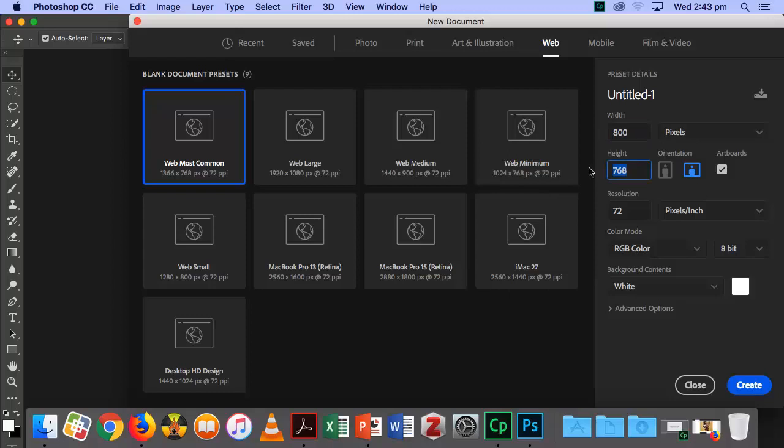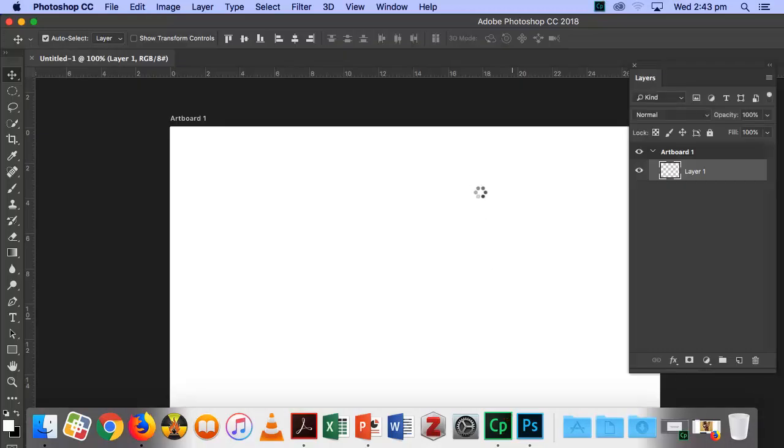And then where it says height, 600. Now this is your standard screen dimensions. 800 by 600 pixels, landscape of course, and you can see 72 dots per inch is the default, and RGB color. So once you've done that, click on create,